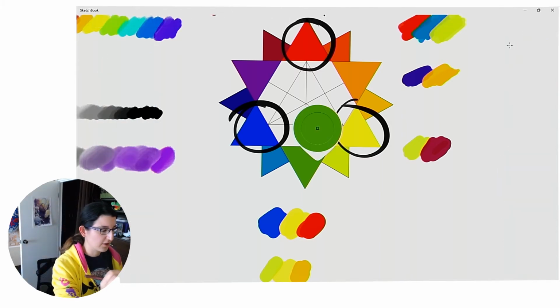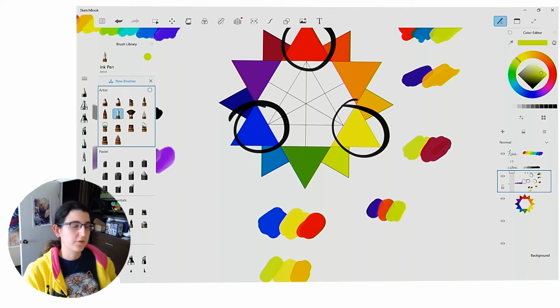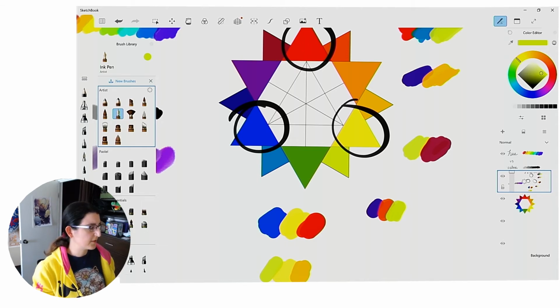We can look at another Triforce example. Not as bad. You can make it work, especially if you're doing something very graphical, but if you're painting, it's a little bit harder for it to feel good. All right, so we've talked about analogous colors, complementary, the split complement, and the Triforce, the evil Triforce. Is there an opposite to Triforce?